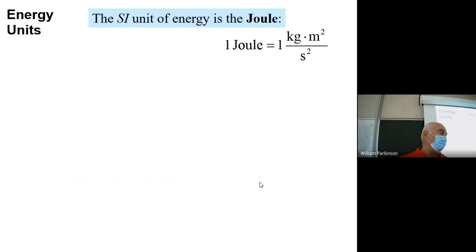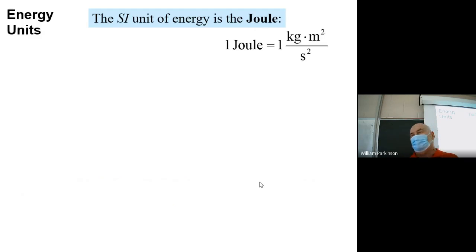prescribed SI units. If I measure mass in kilograms, measure distance in meters, which is a little more than a yard, kilograms about a little more than 2 pounds, and I'll measure time in a second, and we all know what a second is. So if I have 1 kilogram meter squared per second squared, that would be 1 joule of energy. Now, a joule of energy, again, as we will see here, is not very much energy, but if I'm going to talk in SI units, that's how I should measure it.